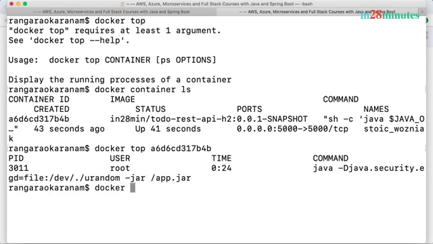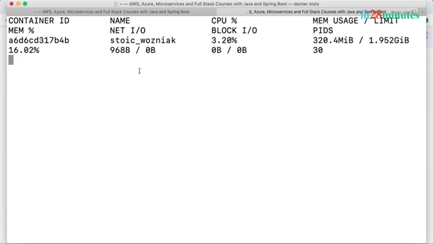The other interesting command is Docker stats. So Docker space stats, and this would show all the stats regarding the containers which are running. So right now we have one container which is running, and you can see what its name is, how much amount of CPU it is making use of, how much memory it is making use of.